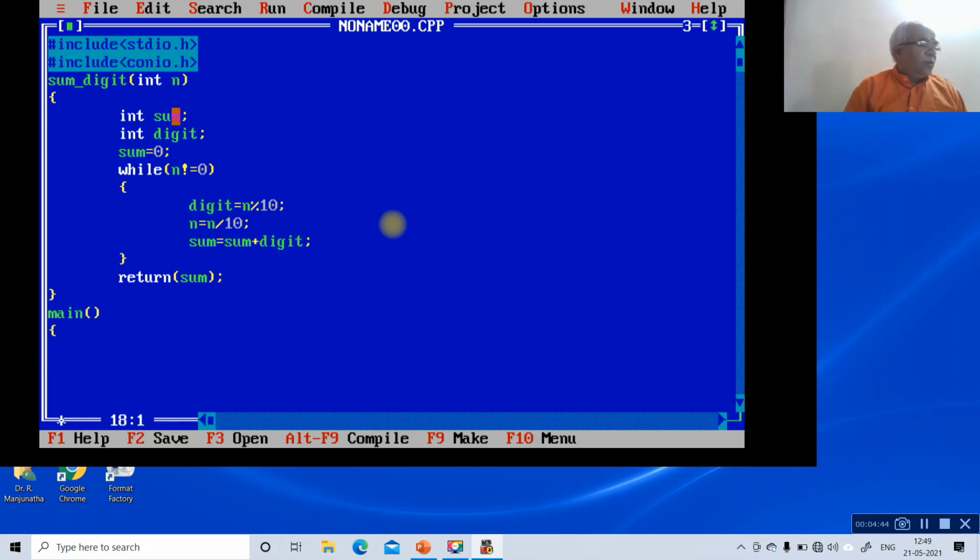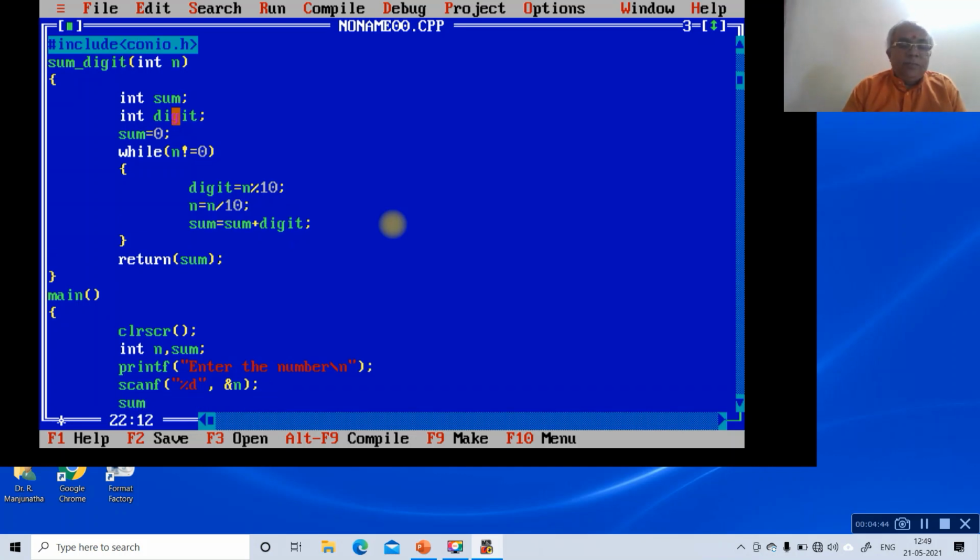Here we will have clrscr. Then we declare n comma sum as integer values. Printf, enter the number \n. Then read that number, scanf, and n.